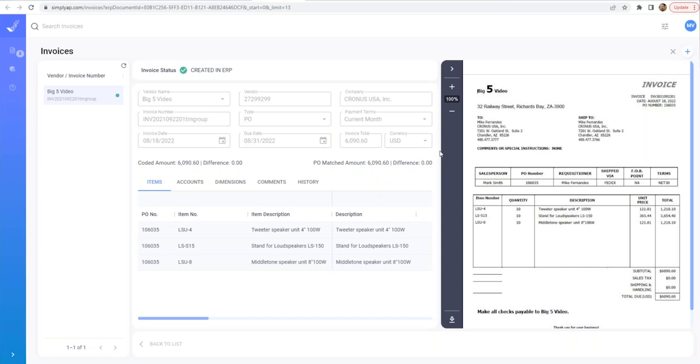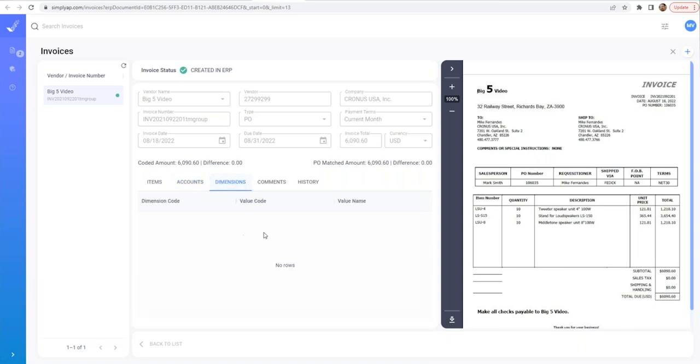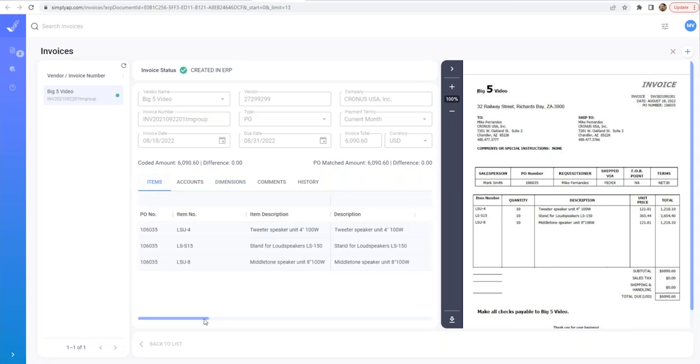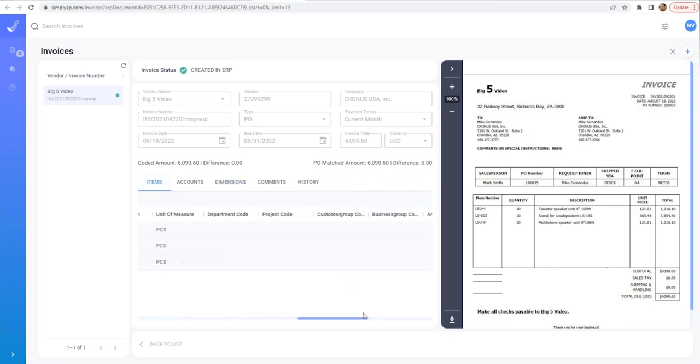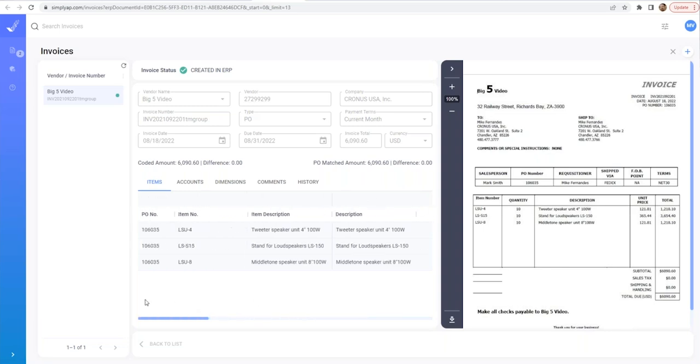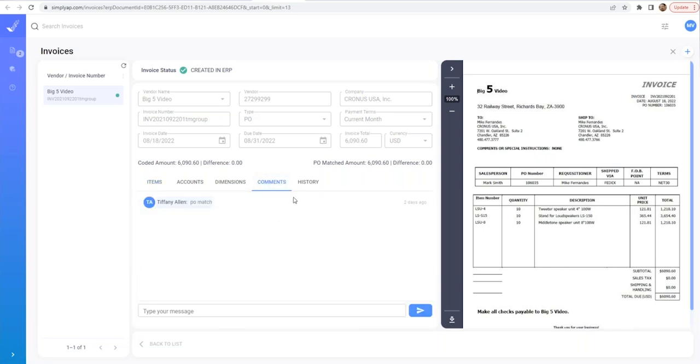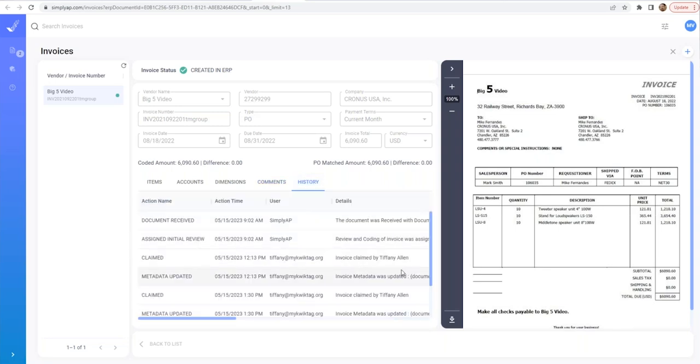But so it shows us the invoice, it shows us the line item info, the GLs, any dimension coding that may have been done against this invoice. We do have full support of dimension codes at not only the vendor invoice level, but also the item level. So if you did want to add dimension coding support against the lines themselves, you can do that as well. And we will pre-populate any configured dimensions as well. Comments, you know, if you had any comments throughout the workflow process, and then arguably the most important part is